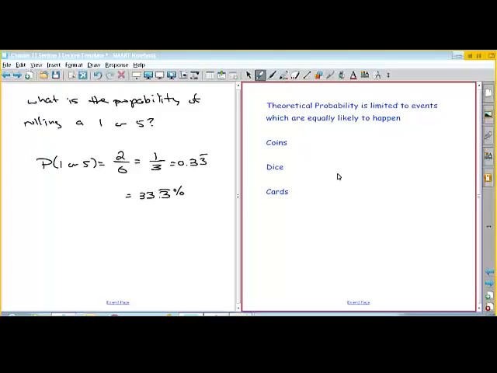So theoretical probability is limited to events which are equally likely to happen. So things like flipping a coin, the probability of getting a heads or a tails for one flip is 1/2, because there's two possible outcomes, heads or tails. If you say, what's the probability of getting a head, a favorable outcome is getting a head. An unfavorable outcome is getting a tails. And so the ratio of the number of favorable outcomes, 1, to the number of possible outcomes, 2, is 1/2,